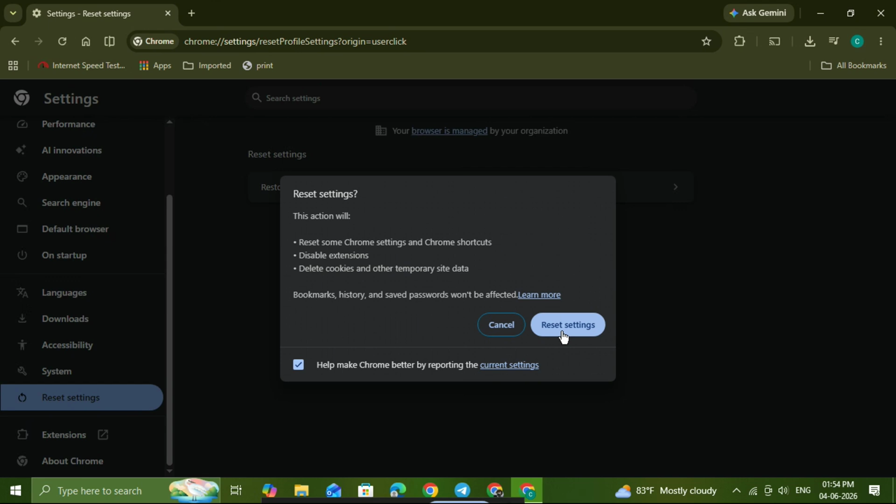Chrome will now apply the default settings and complete the reset. Depending on your browser and computer, this may only take a few seconds. Once the reset is finished, your Chrome browser should be back to its original default state, which can help solve issues caused by unwanted changes, problematic extensions, or browser misconfigurations. After that, you can reopen tabs, sign back into websites if needed, and continue browsing with a cleaner, more stable